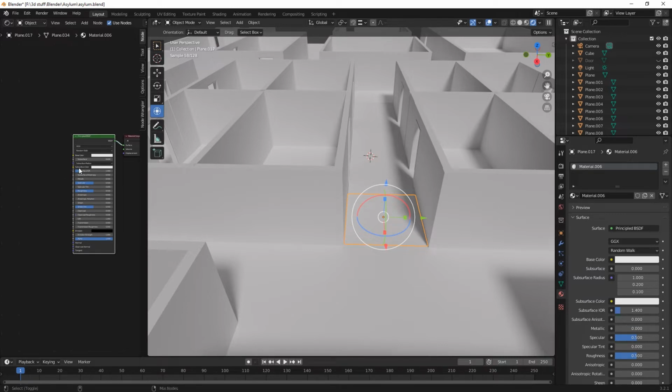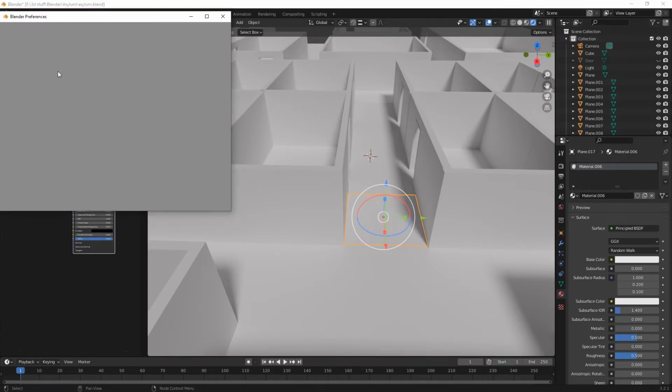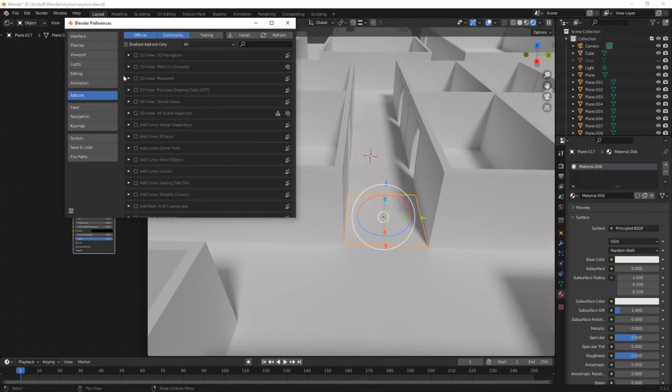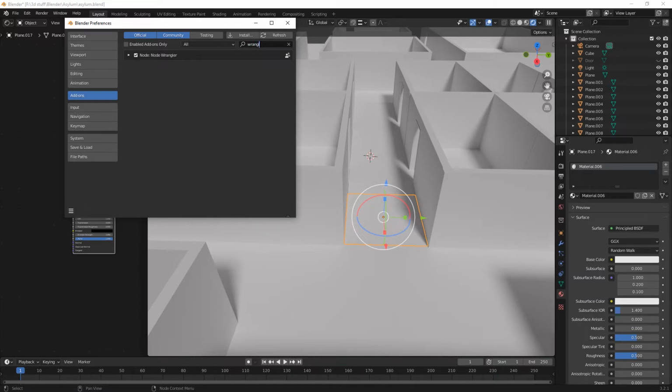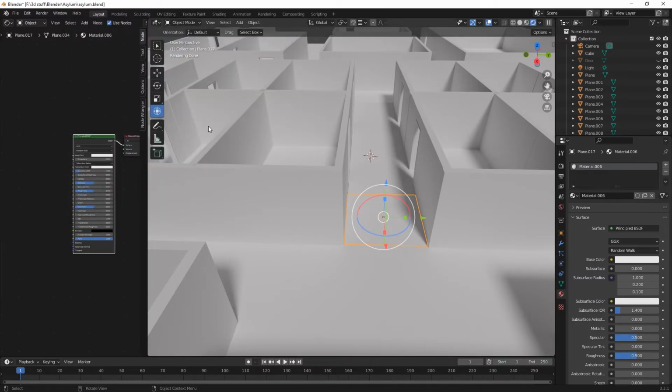So we do Shift Control T. You need to enable it. If you're using Blender, go to Edit, Preferences, and then in Add-ons, just type in Wrangler, W-R-A-N-G-L-E-R, and then just tick it and save. And then if you do Control Shift and T,